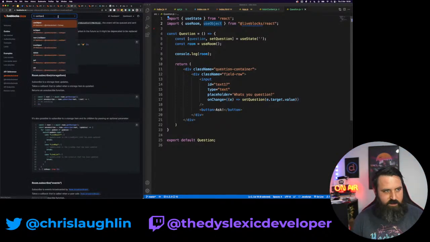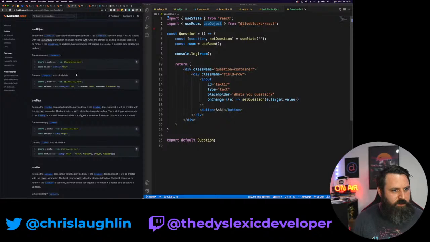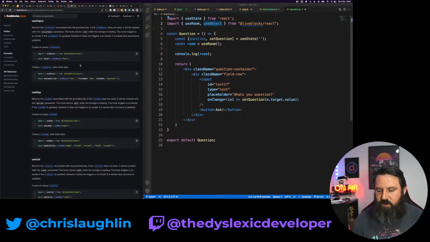I think I did this the real arse about face way of doing it. So it returns the live object associated with a provided key. If that does not exist, it's created. So when I tried this before, I did the asynchronous useRoom and then subscribed, which I feel like this hook is probably doing for me.